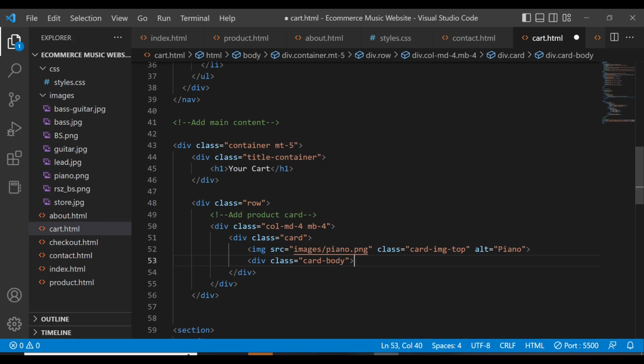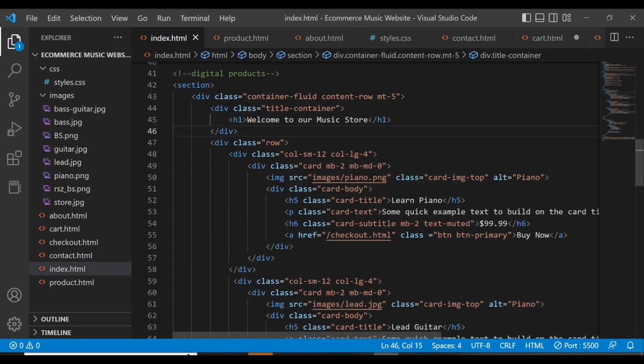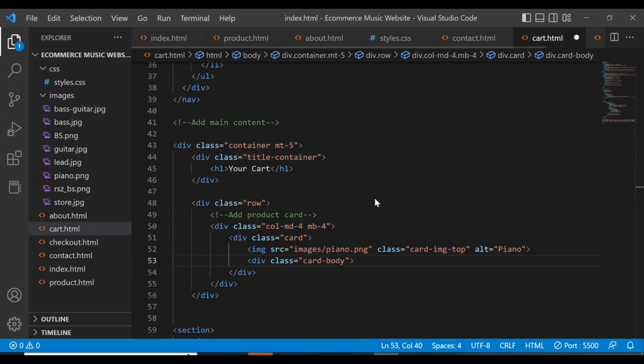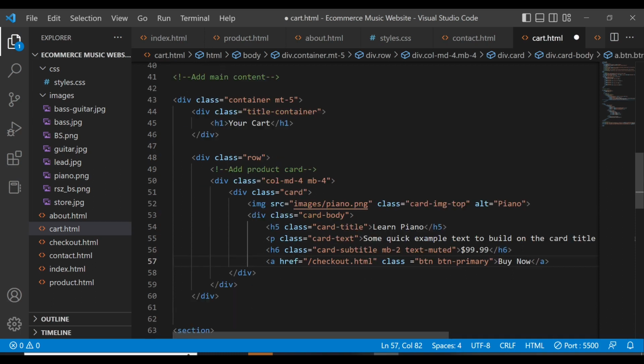So basically what we have here is just the same thing that we had before. So what I'm going to do here, I'm just going to grab this. Yeah, so what I'm going to do here, I'm going to take this up to somewhere there. Then I'm going to add it here. So we have learn piano, for example, and then instead of having buy now, we're going to have remove from cart. So remove from cart, and then this checkout here,